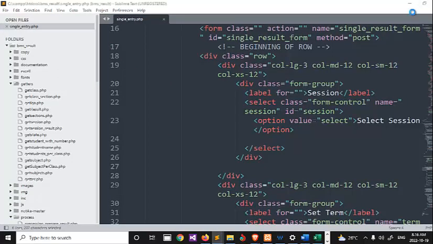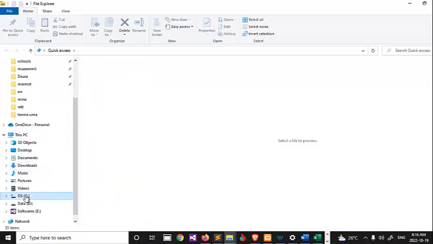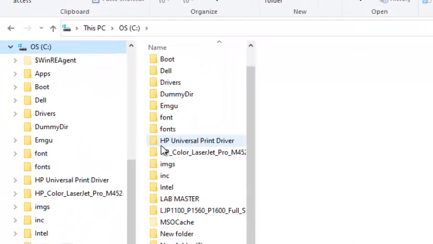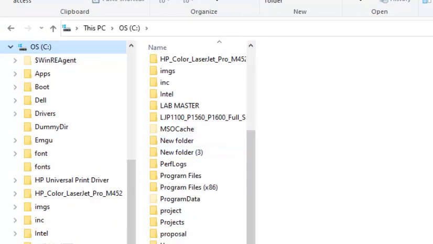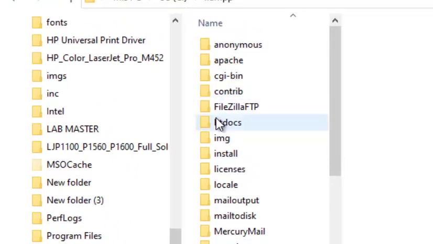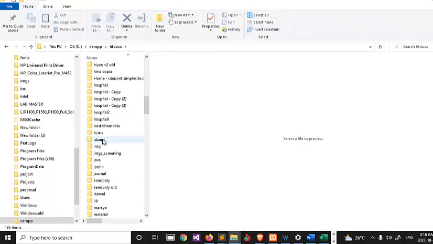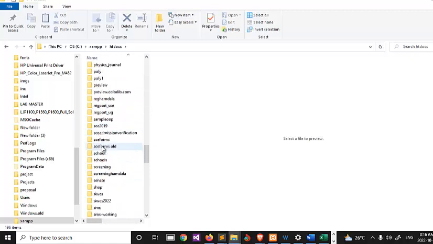Whenever you want to create your program, you go to the C drive. After going to the C drive, you locate your XAMPP folder. If you open that XAMPP folder, there is another folder inside it, which is htdocs. This htdocs houses all the applications you have. So when you have your application, you come and save it here. These are all applications I'm working on. Some I have already completed, and so on. So this is where you're going to